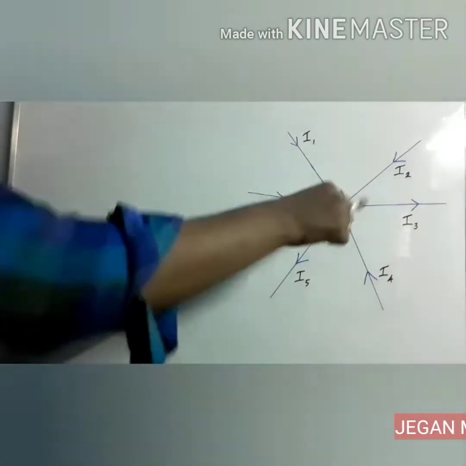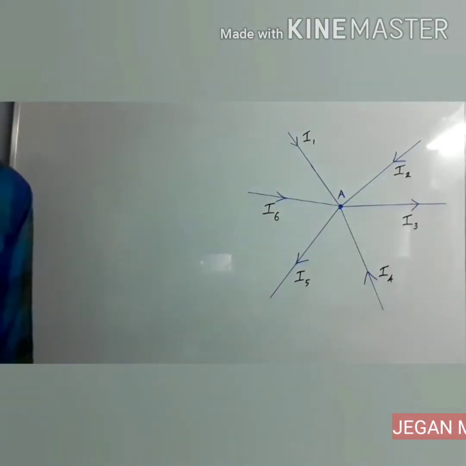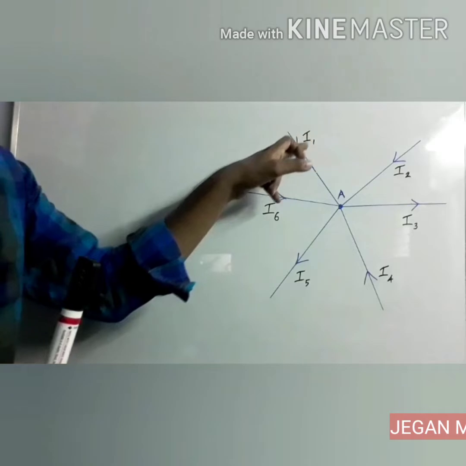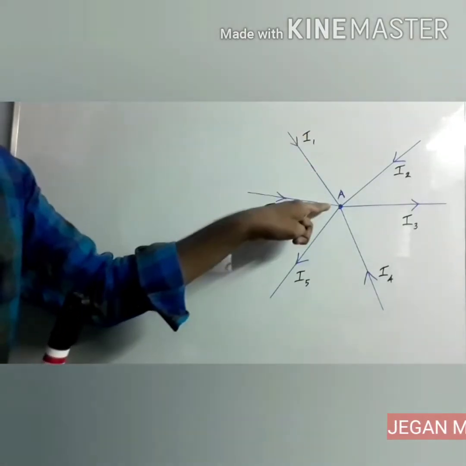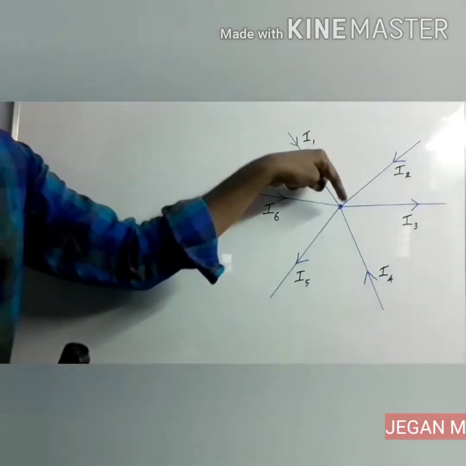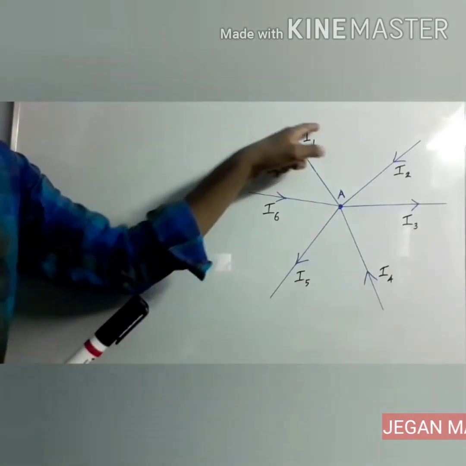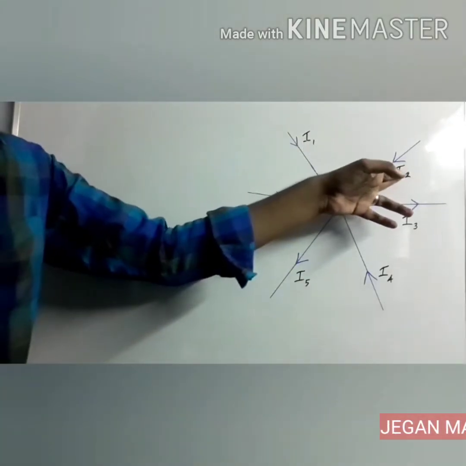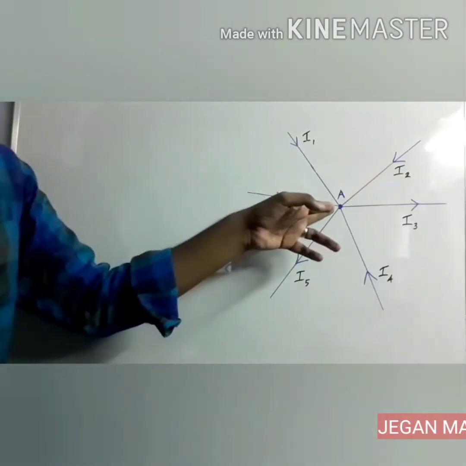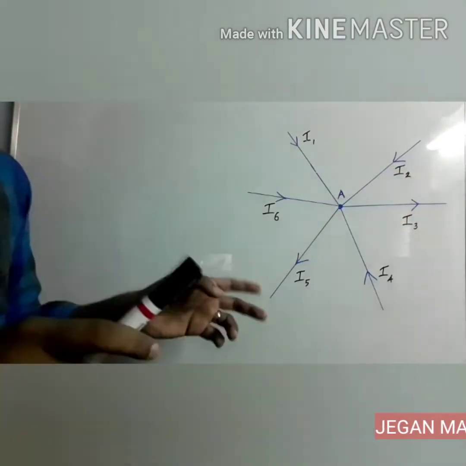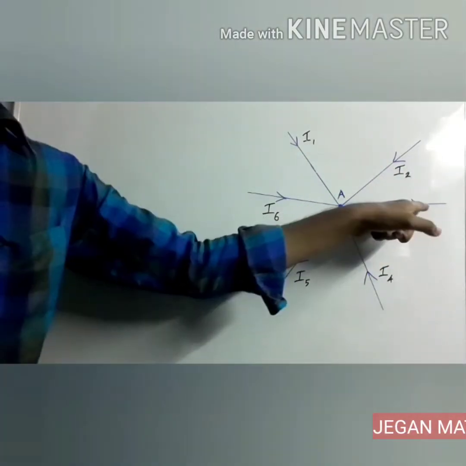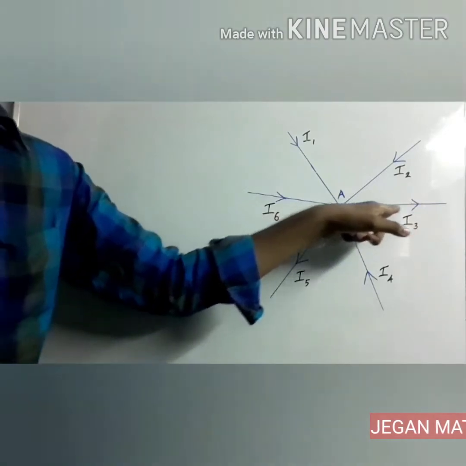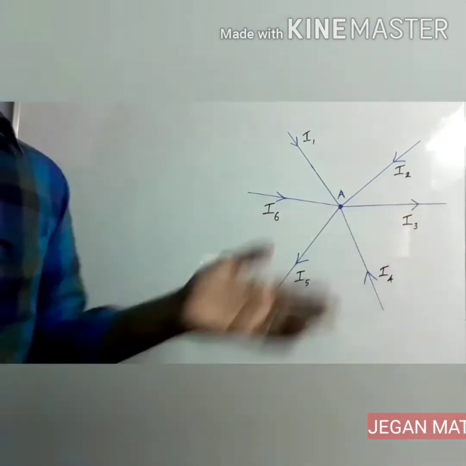Let us consider this circuit where we are going to use Kirchhoff's first rule. I am going to take the first current I1, which is entering the junction. It's flowing towards the junction, so according to the first rule, it can be considered as positive. Likewise, I2, the second current, is also flowing towards the junction, so it can also be considered as positive. Whereas the third current is leaving the junction. It flows away from the junction, so it can be considered as negative.